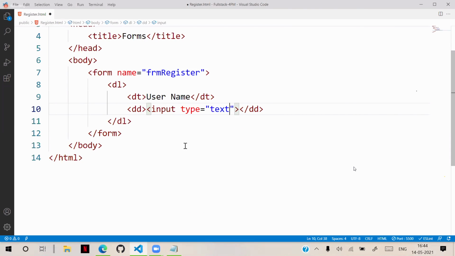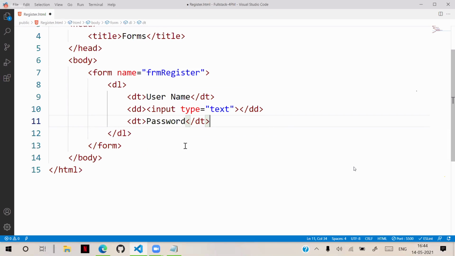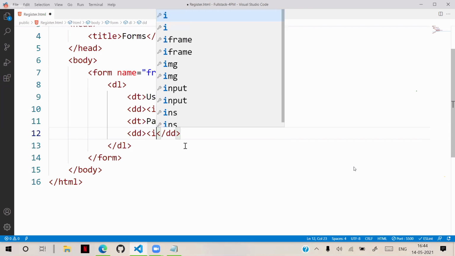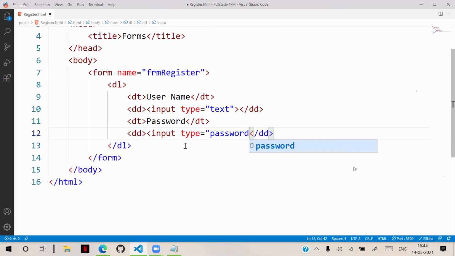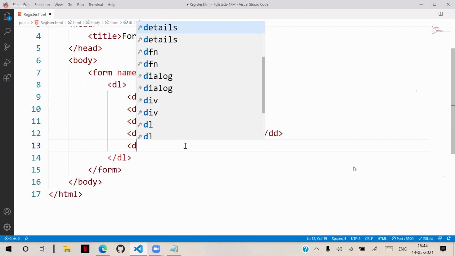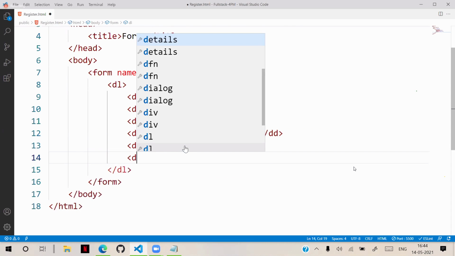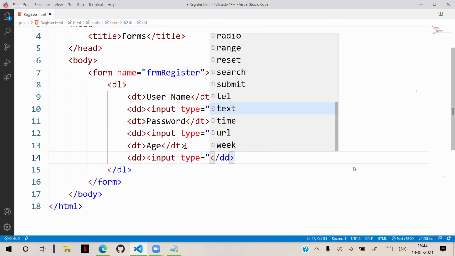Suppose I am writing another, password. If I want a string which cannot be seen, masked, then we use input type equal to password. For example, we have another data term, age. Suppose we want only a number to be input here. We use input type as number.